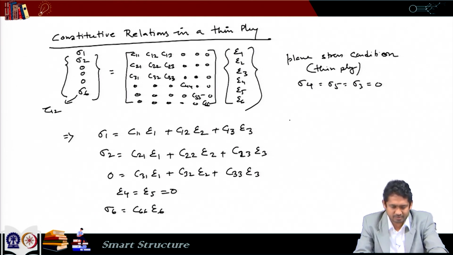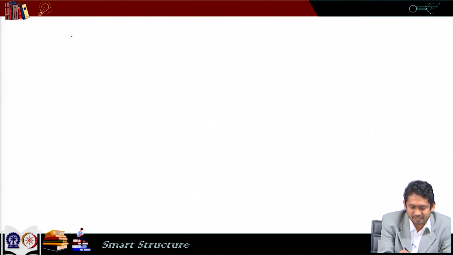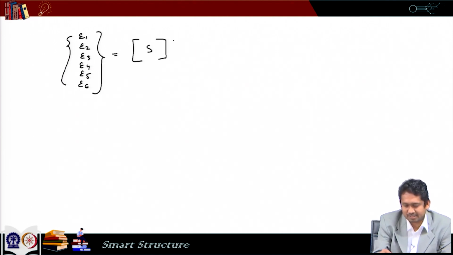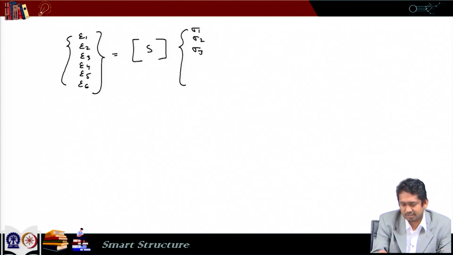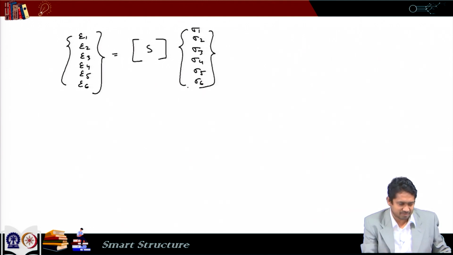Now, if you want to know the C, first we would write the relation in the inverted form. So, epsilon 1, epsilon 2, epsilon 3, epsilon 4, epsilon 5, epsilon 6 is equal to an S matrix multiplied by sigma 1, sigma 2, sigma 3, sigma 4, sigma 5, sigma 6, where the S matrix is written as